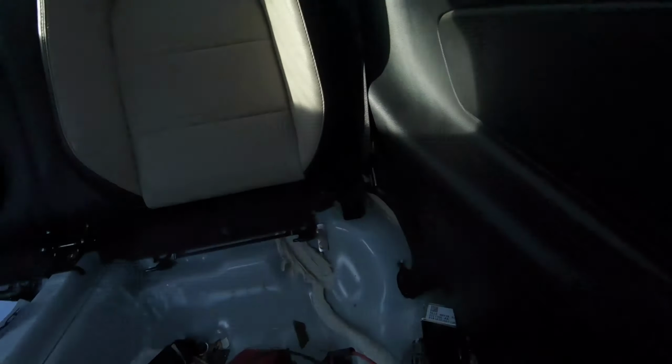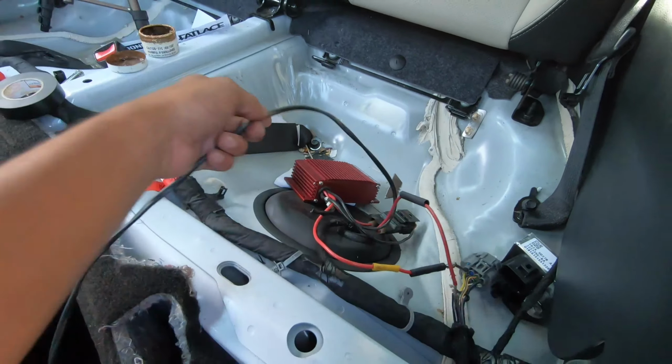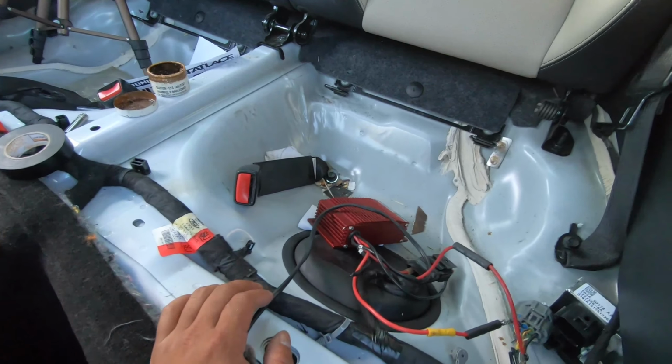If I wanted to, I can even run it how it is. For those who do not want to run the Hobb switch, you do the same thing with the Hobb switch as I did with the voltage regulator. You would just snip it and spin it together, which activates the booster pump all the time. So the purpose of the Hobb switch, like I said earlier,